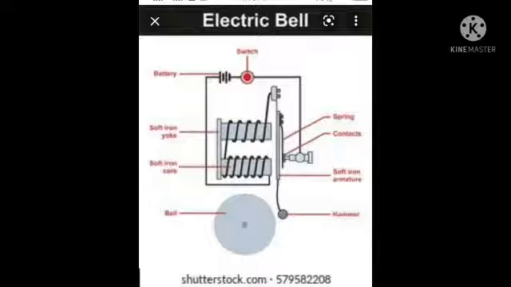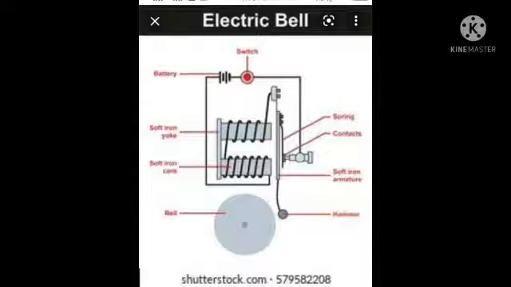A copper wire is wound around an iron piece. This coil acts as an electromagnet. An iron strip along with the striker is fitted near to the electromagnet, as you can see in the above slide. A contact screw is in touch with the strip. The electric circuit is connected as shown in the above slide.